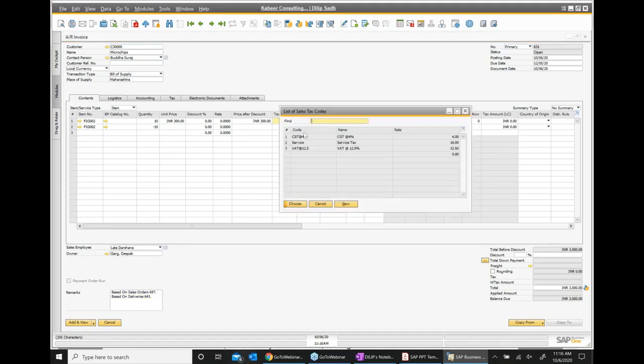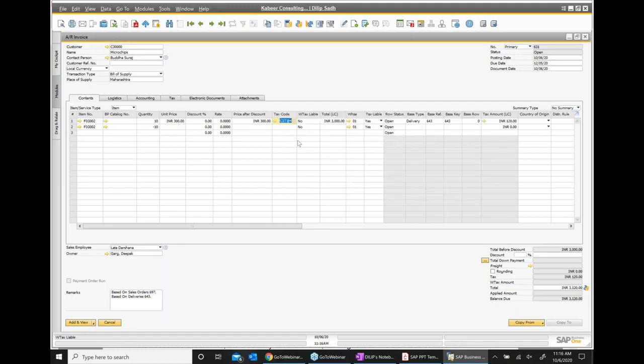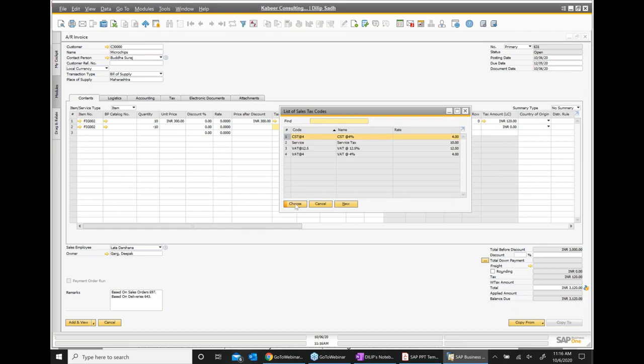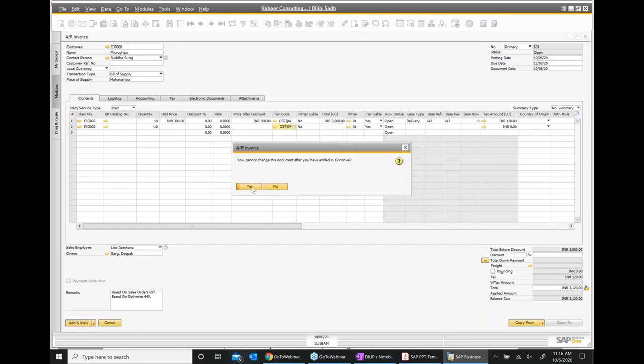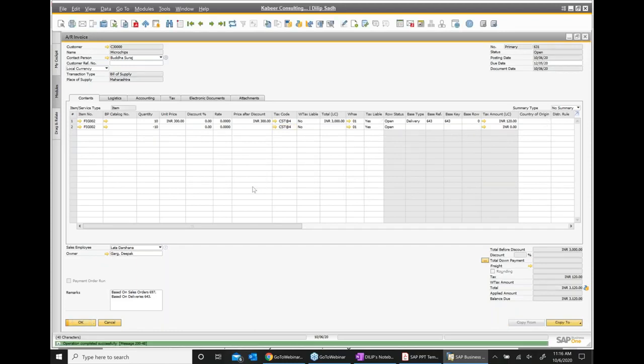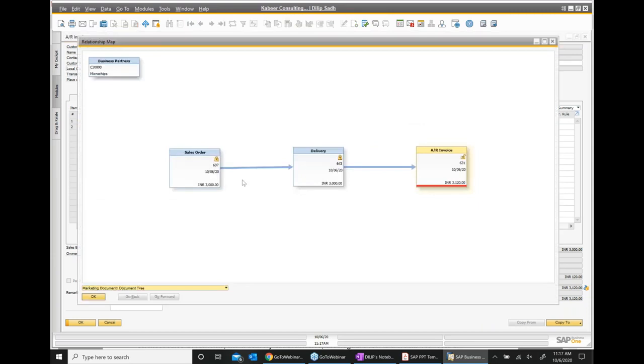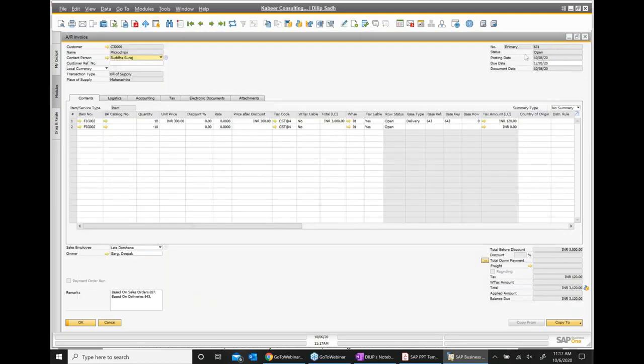We can enter the tax code. We can add and view. We created a transaction with a negative row. So we created a sales order, a delivery, and an AR invoice. This AR invoice is open.